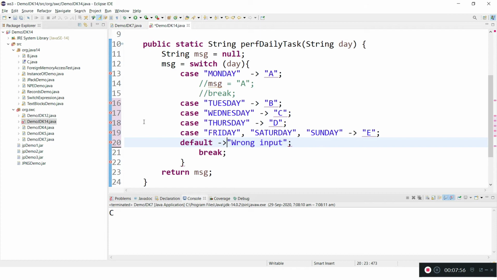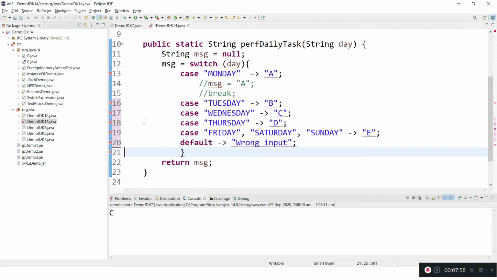the reason is a switch expression is intended to return some value, and if none of the cases are executed, let's say I'm passing XYZ instead of days like Monday, Tuesday, none of the cases will be executed. At that time it can't return anything if we don't have a default.